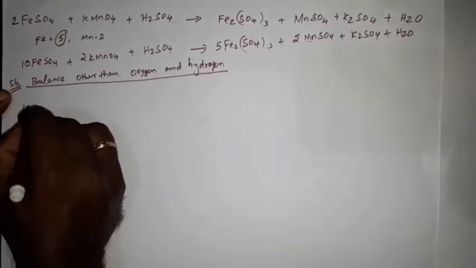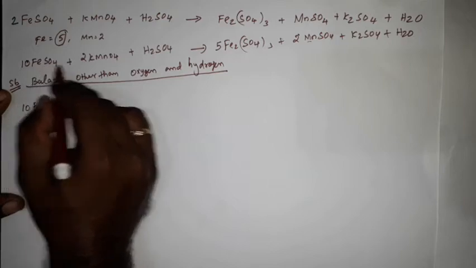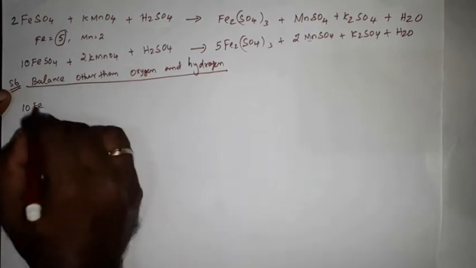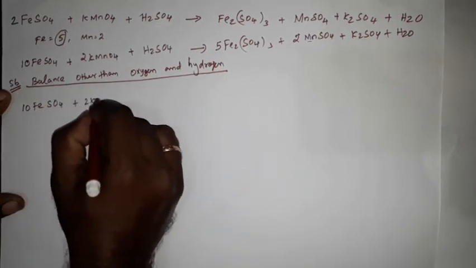So 10 Fe, what are the other elements? Sulfur is here, then potassium is here. Okay, only sulfur and potassium. So FeSO4 plus 2KMnO4